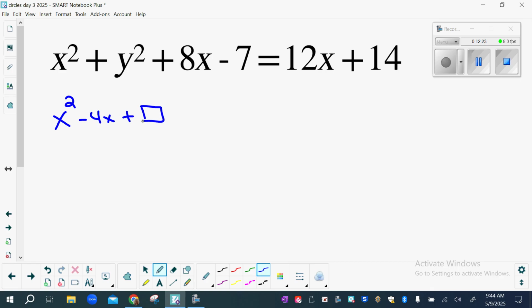And then I've got, oh, just the y squared. He doesn't even have any friends. It's so sad for him. How's it looking? Let's go ahead and fill in our little box here. Our little box, 2, 4, cut in half is 2. 2 squared is 4. I'm going to add,